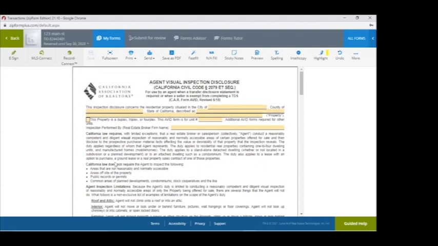Oftentimes, if a garage is full of the seller's stuff, and I can't get around to inspect the garage, I'm going to note that on the AVID, that the garage is full. I couldn't do a full inspection of the garage at the time of the inspection. On this document,